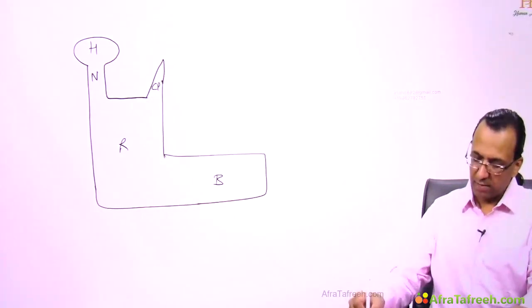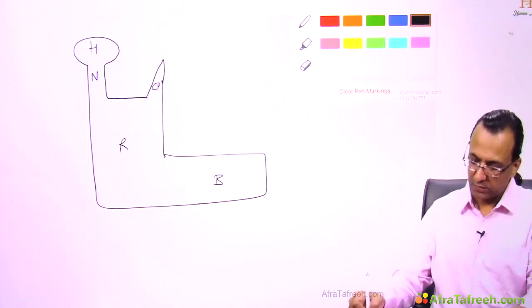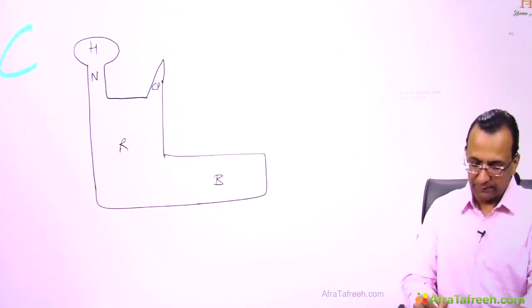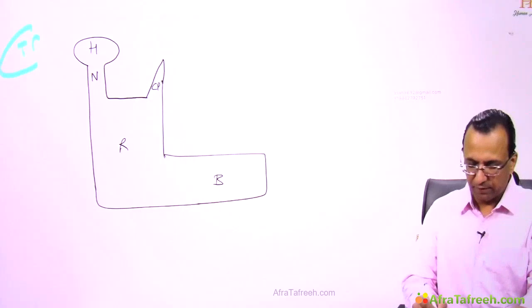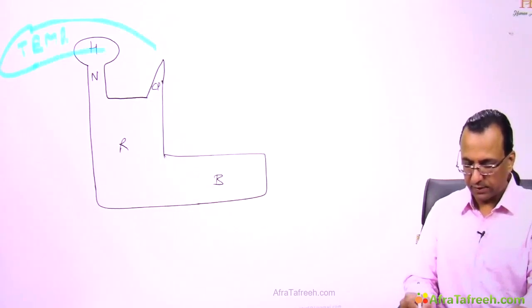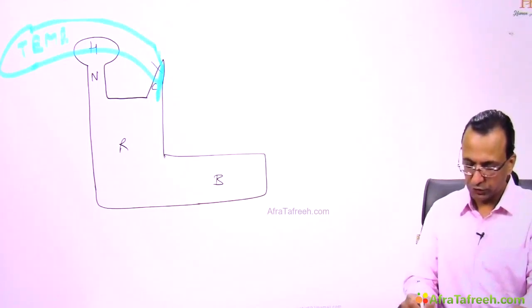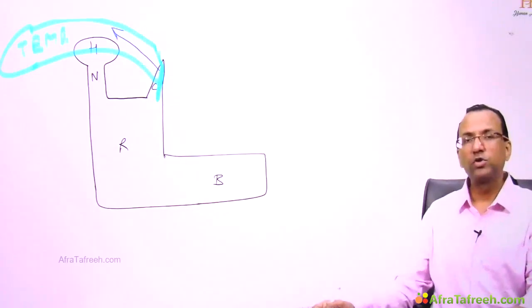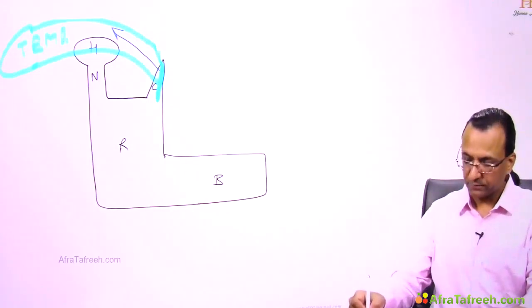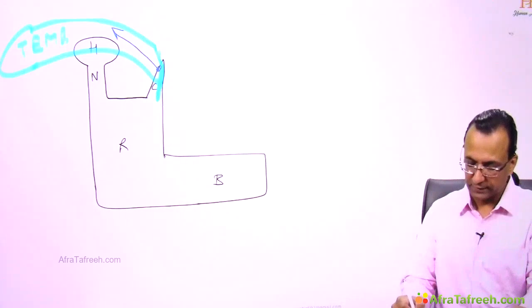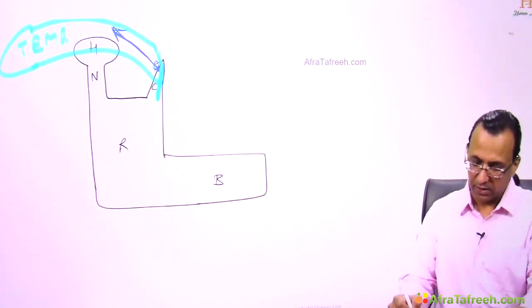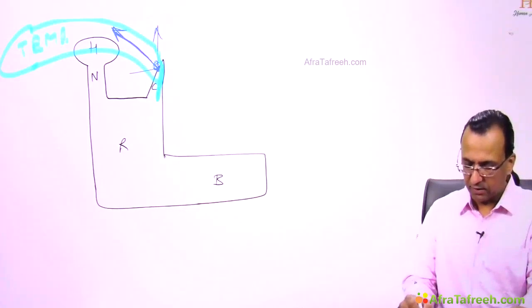If you are talking about the temporalis muscle, you will see this is the temporalis muscle which is coming from the temporal bone, and it will insert here, the coronoid process. You resolve the vector, you will see. I think when I resolve the vector, it will actually be an elevator and